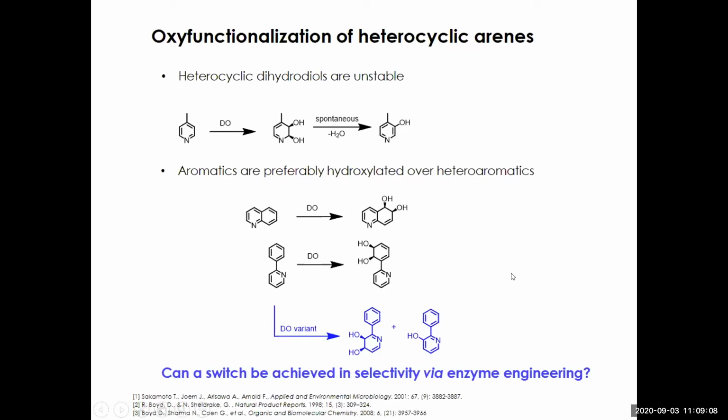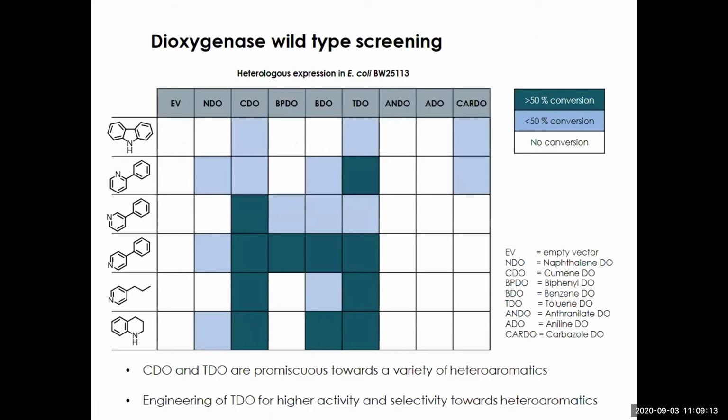So our first strategy was to screen 8 different wild-type dioxygenases for their ability to mono or dihydroxylate these 6 heteroaromatic compounds shown on the left side. In dark blue, you can see conversions over 50%, in light blue conversions below 50%, and in white, no detectable conversion. As you can see, the most promising 2 dioxygenases were the CDO and the TDO, the cumene dioxygenase from Pseudomonas fluorescens and the toluene dioxygenase from Pseudomonas putida, which were both capable of mono or dihydroxylating each of